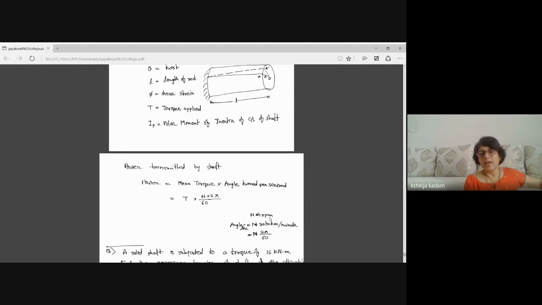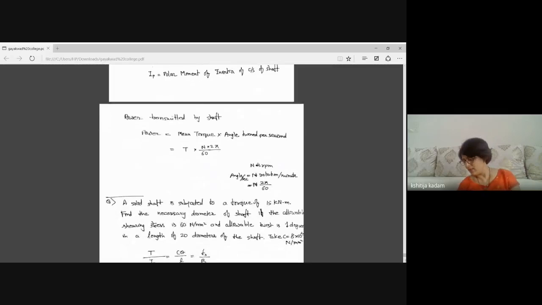So let us say n is rpm of the shaft which is moving, तो एंगल कितना हो गया? n रोटेशन पर मिनट. सो अपन को रोटेशन में नहीं चाहिए, we require it in radians. So n into 2 pi divided by 60 seconds. Accordingly, I have substituted in the formula. Let us solve quickly